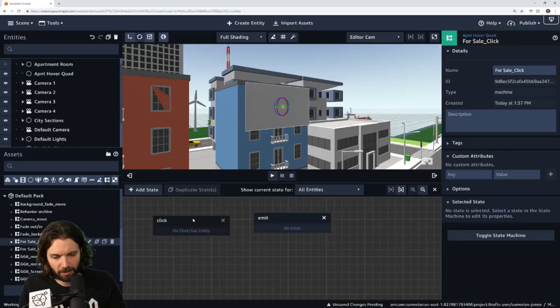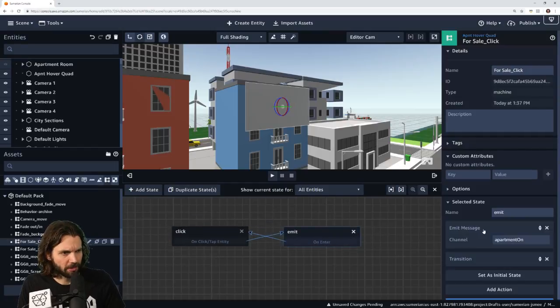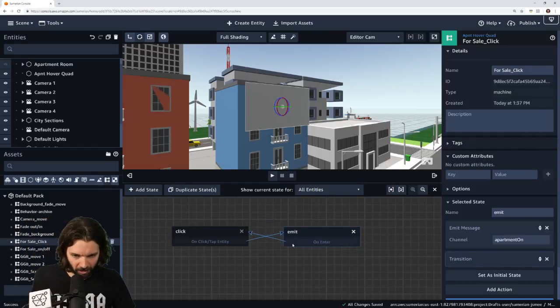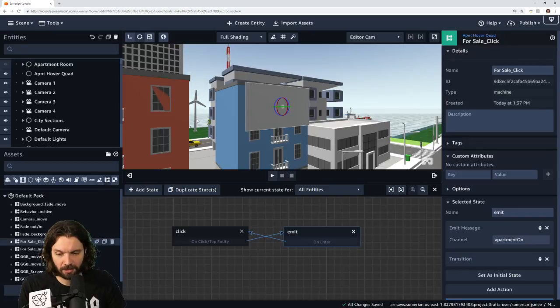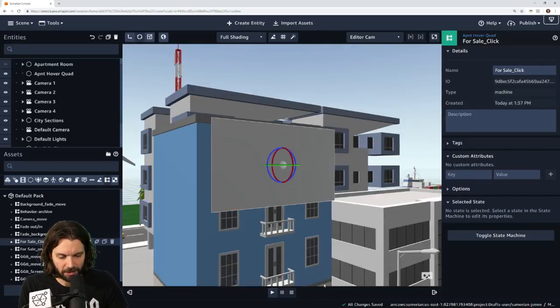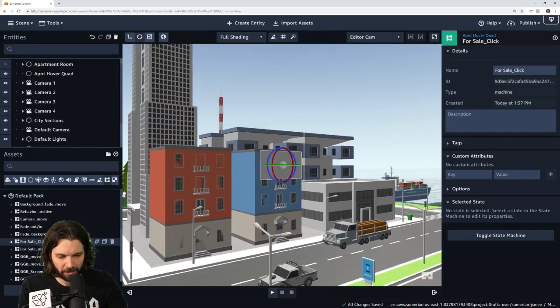Actually, I don't think that's what we want to do. All I really wanted to do is emit the apartment on message. I was thinking about whether I want to click it again to go back, but that doesn't make sense here. So really all we need is to click and it emits a message. Now what we want it to do is move the apartment building